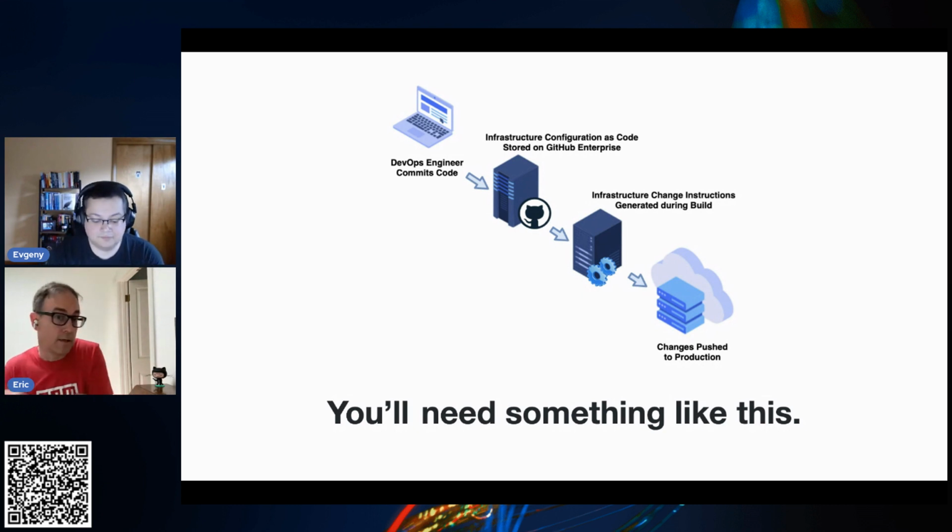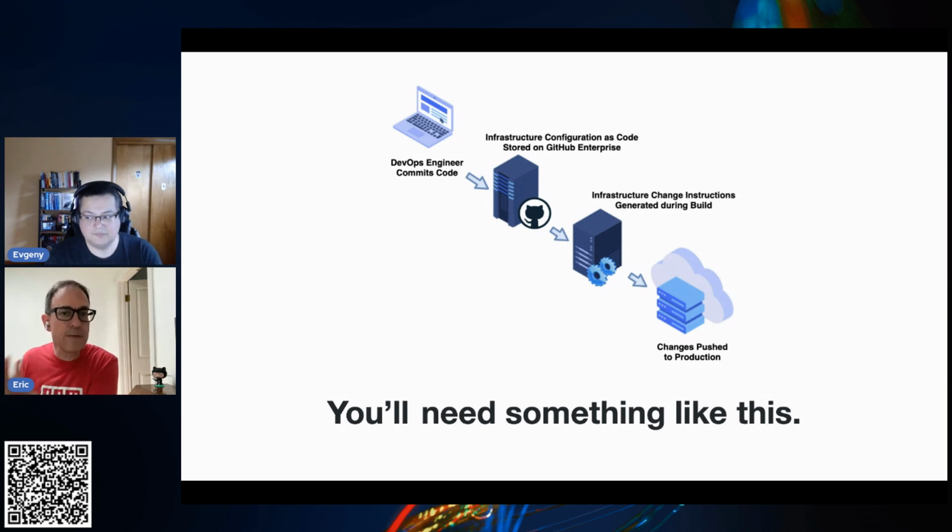Evgeny's working on his laptop. I'm working on my laptop. We commit code, and it gets pushed up to GitHub, as you'll see here in a pull request. Feature branch, pull request, standard GitHub flow that you are likely very familiar with.